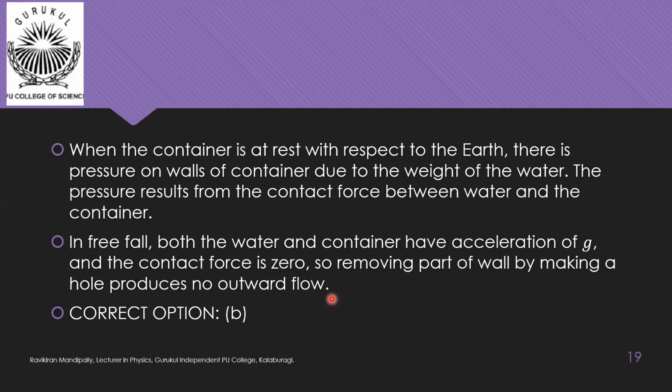This is because now inside and outside the pressure will be the same. Because pressure due to liquid will be 0 and the container is exposed to atmosphere. So at any point inside the liquid in free fall, the pressure would be equal to atmospheric pressure only. So at the hole, from inside and outside, in either direction, you are getting the same pressure, which is equal to atmospheric pressure. So pressure difference is 0, and the outward flow is not possible. So the correct option is option D.